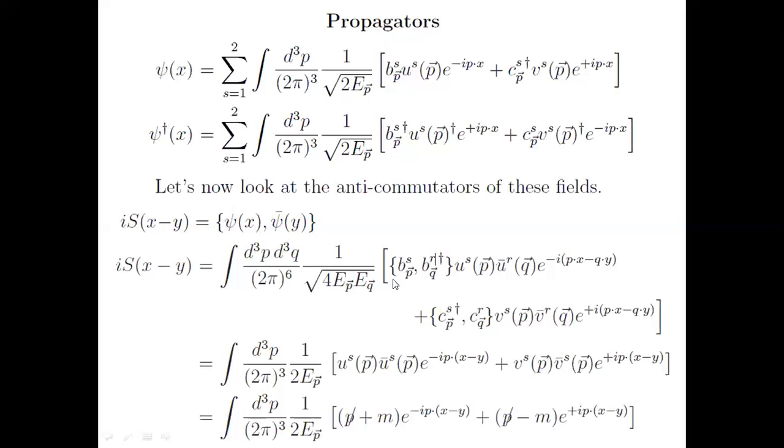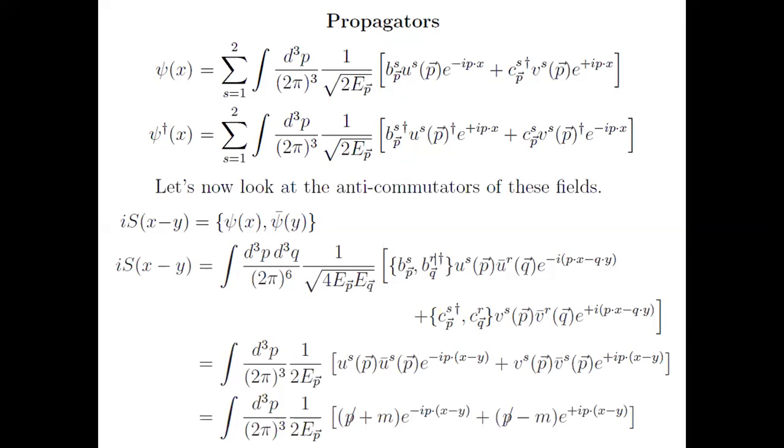These are the anti-commutation relations. Now there is a difference between Dirac fields and scalar fields. The scalar fields satisfy commutation relations. The Dirac fields satisfy anti-commutation relations. Since they are spinors, since they are fermion particles, they satisfy anti-commutation relations. This is a fundamental difference between scalars and spinors.